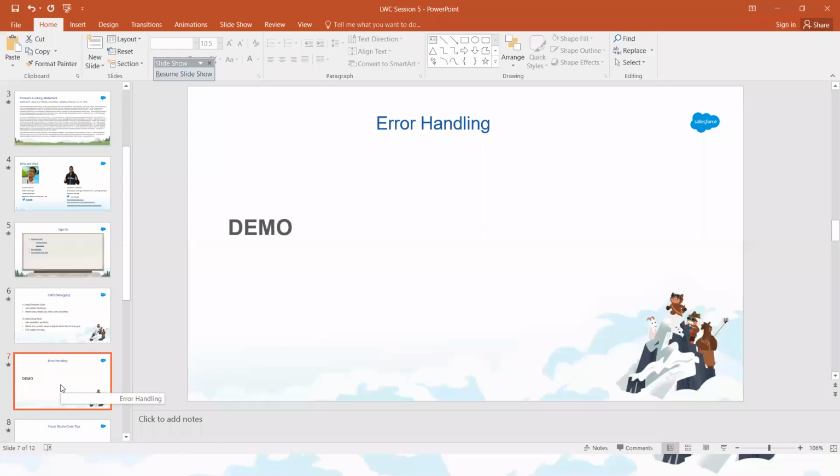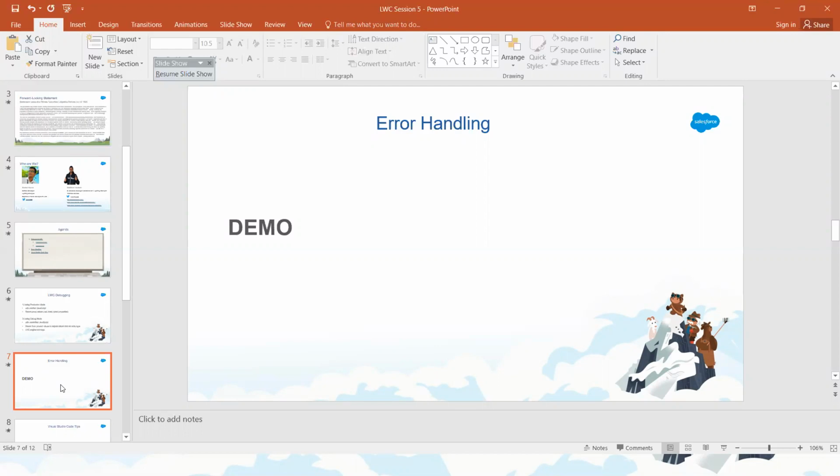Now the next topic I would like to discuss is error handling. If you are working on some kind of integration project, and during the integration we are getting some connectivity errors or timeout errors or whatever error is coming, you don't want to display that particular error in the UI.